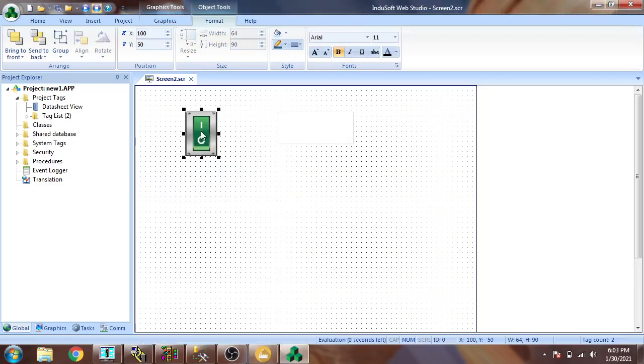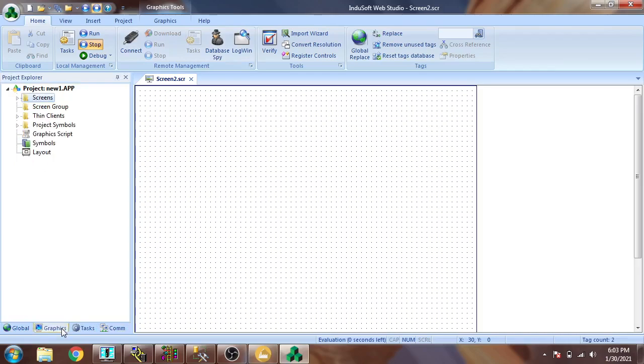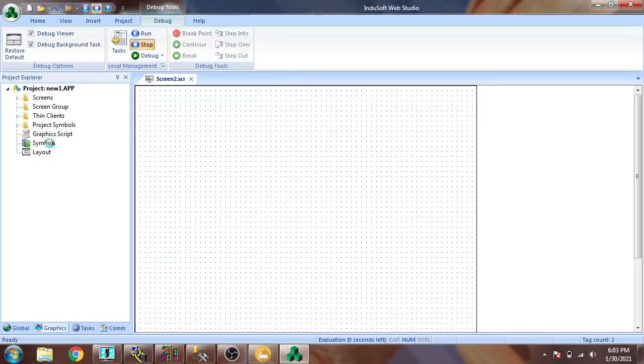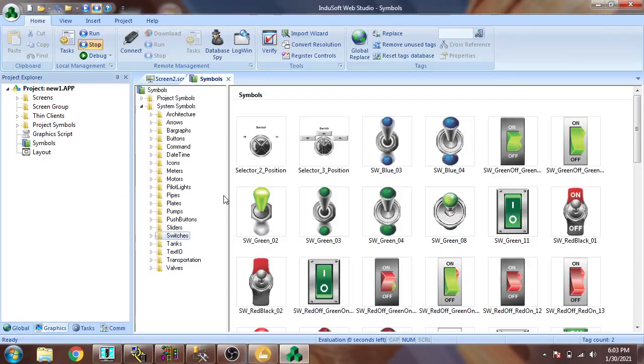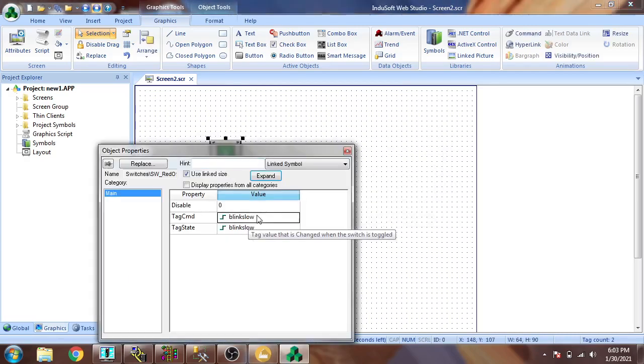So you will see I am just making it again for you. I am going to go to Graphics, to Symbols, and I am going to select a button. You will see that there, like that, and I am going to link it.